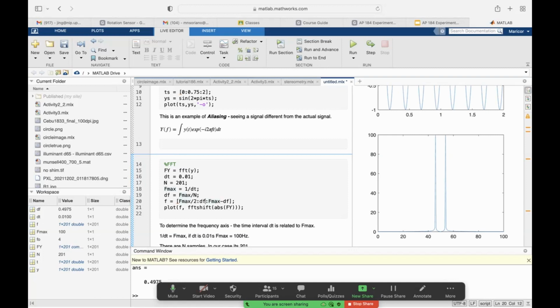F max df, and F max 1/2 minus 1 df, no? Para maging 201 samples pa rin. So we just negative pala to. Sorry, negative. Okay, so negative F max over 2 to positive F max. Okay. And if we run this section,